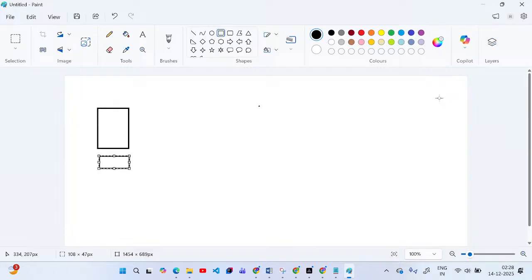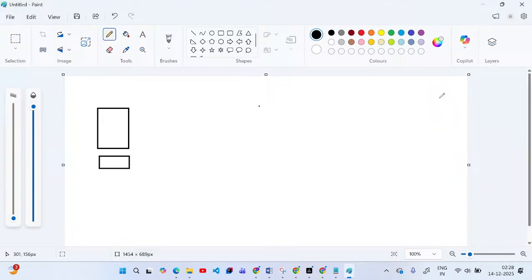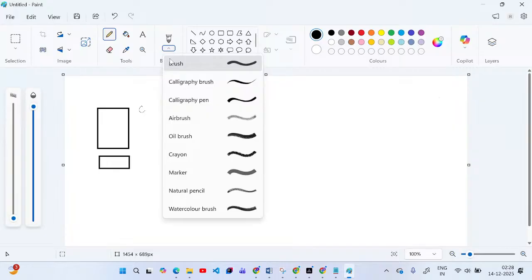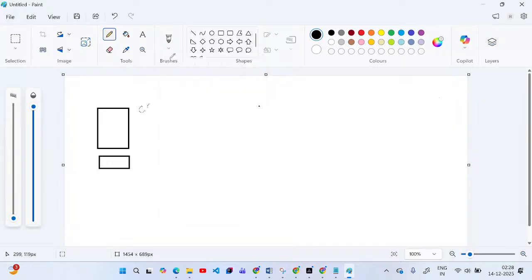This user interface you can design by using front-end technologies, which are CSS, HTML,